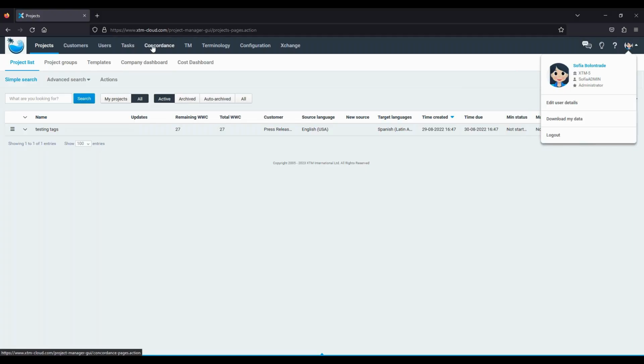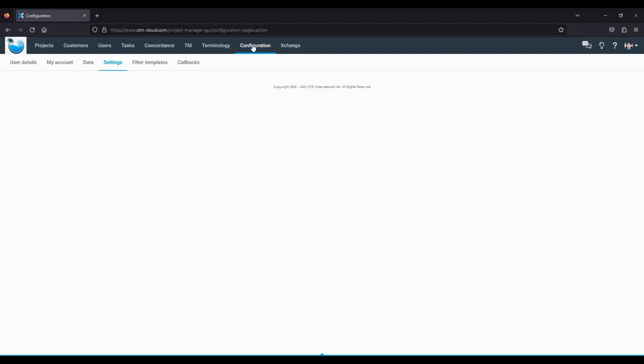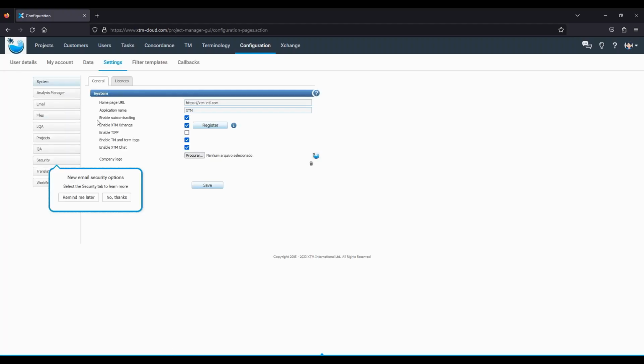The first step is to check that the system is set up to do subcontracting. We need to make sure that we have checked this function here, enable subcontracting. That is, language service providers may be connected to XTM using subcontracting mechanisms, which means they can work in their XTM instance connected to your XTM instance after they have been given licenses by you or because they already have their own licenses. To add an LSP, you need to come to the users module,